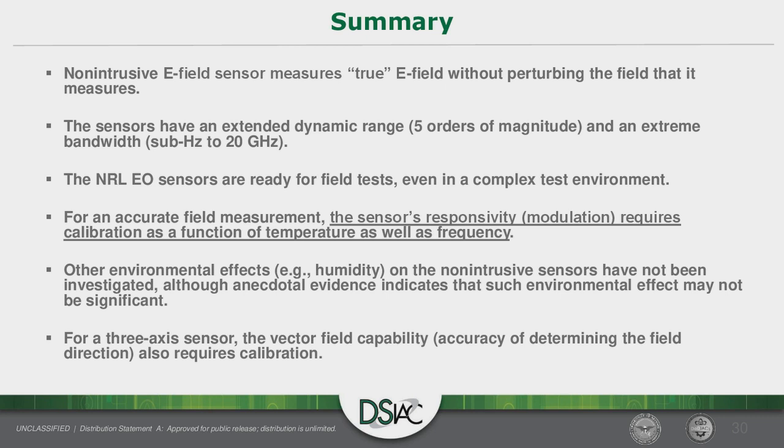For accurate field measurement, we need calibration of the sensor as a function of temperature as well as frequency. For the 3-axis sensor, we need additional calibration to verify the accuracy of field direction measurement. Other environmental effects such as residual gas or humidity have not been tested, but we did some tests